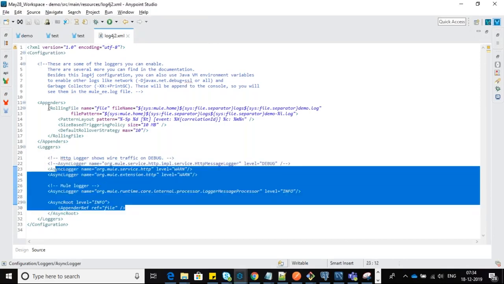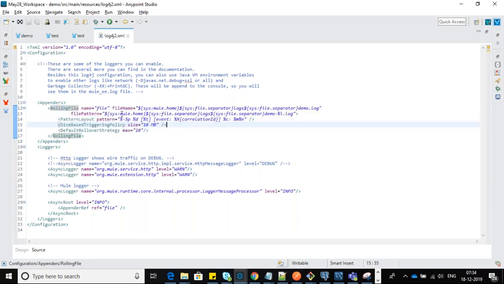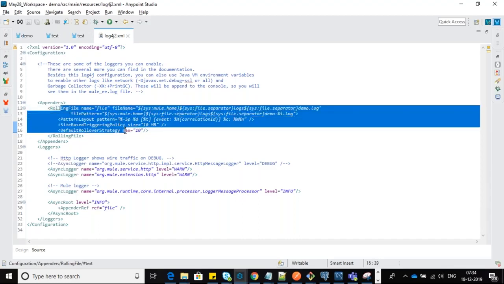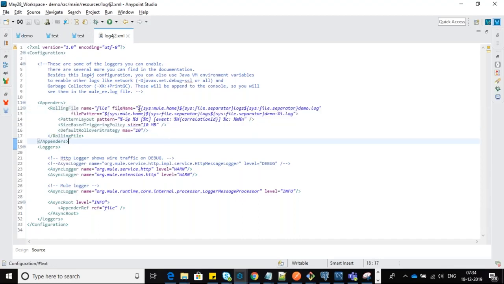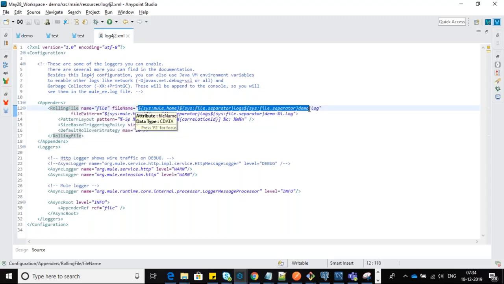Another one is, here it's a rolling file, right? Here there is a MuleSoft constraint or limitation. In the server logs, we can hold only 100 MB at a time. Beyond that, what will happen? Every 10 MB, you can see it here according to this rolling file XML code. This is the file name that gets generated, whatever the log file is, you can see it here.